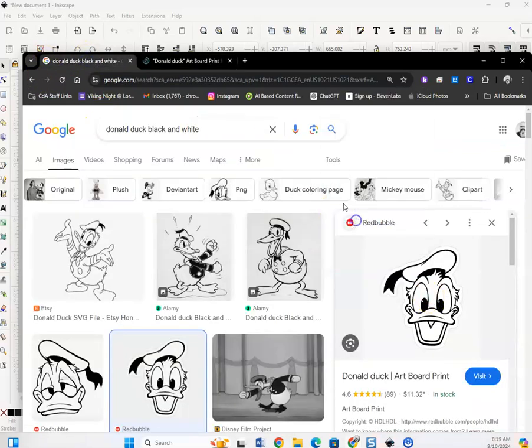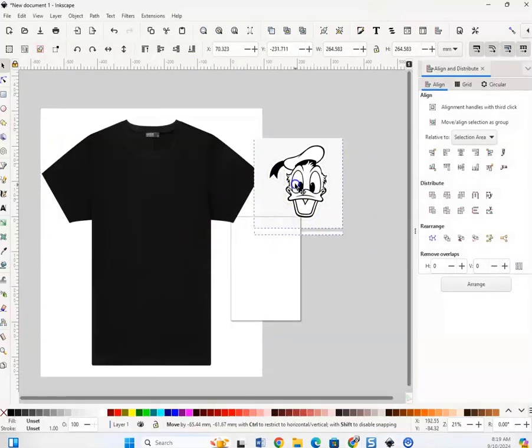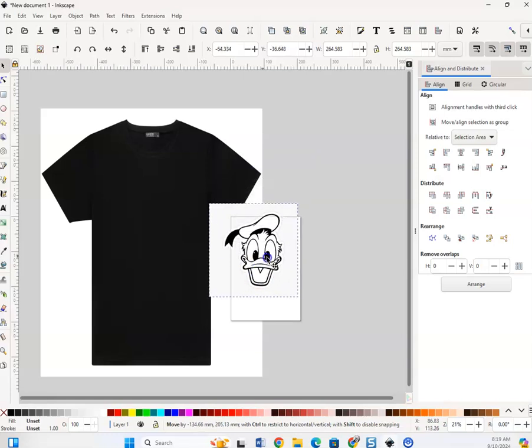Let's copy image, paste. Now, this is a JPEG, and I want to turn it into a SVG file. That's the one that we work with for laser cutting, and we work with for doing t-shirts and all that stuff. So the way to turn this into a vector image or SVG,